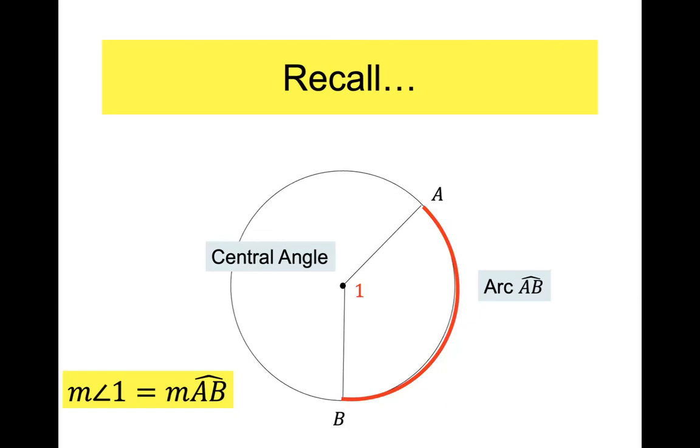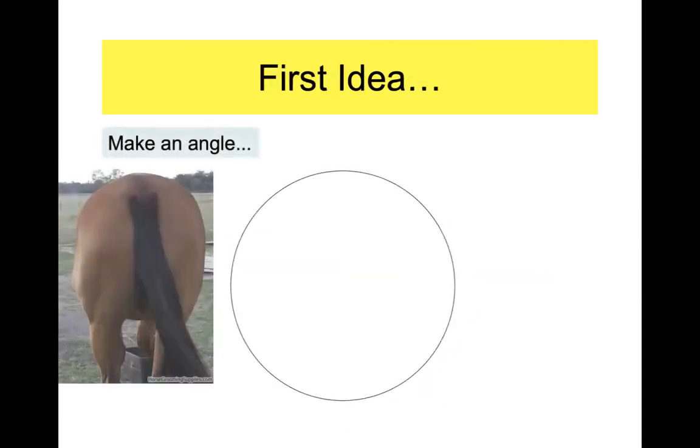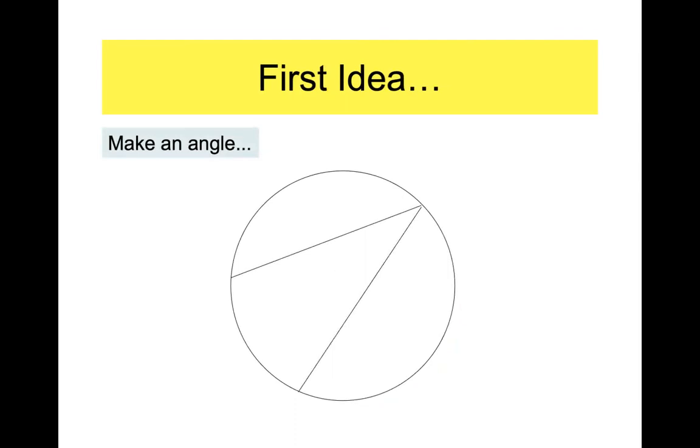And then the one that we're going to talk about today is what would happen if I place the vertex on the circle. You get something that looks like this. So this is going to be the angle that we deal with today, angle 1. Well, it's not a central angle because it's not the center. It's not outside, it's not inside, it's on the circle, and it has a name,